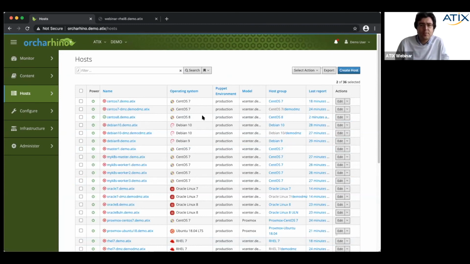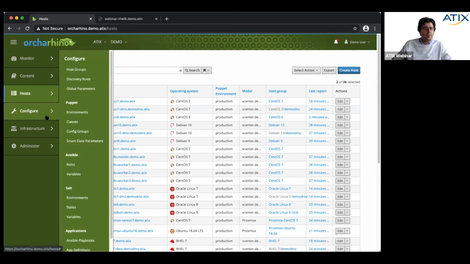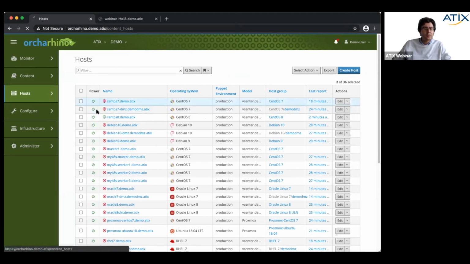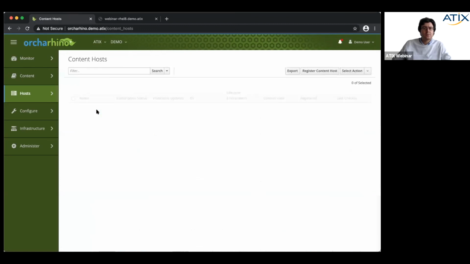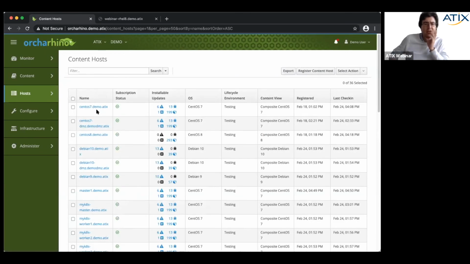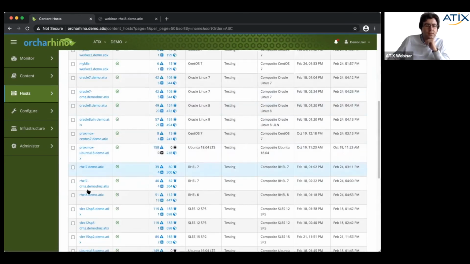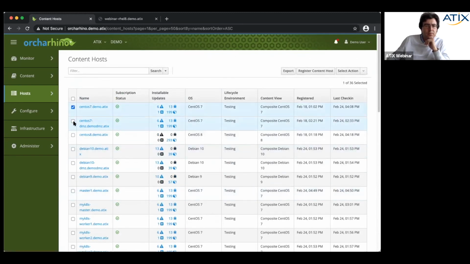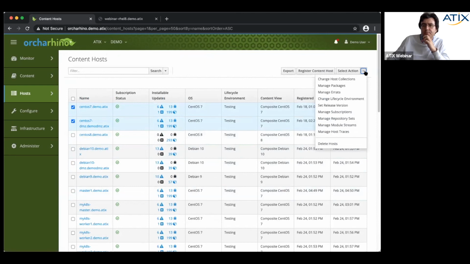Is there a possibility to do a mass switch of hosts from Connect V1 to Connect V2? Yes, it is possible. For that, you go to Content Hosts. I have to think.